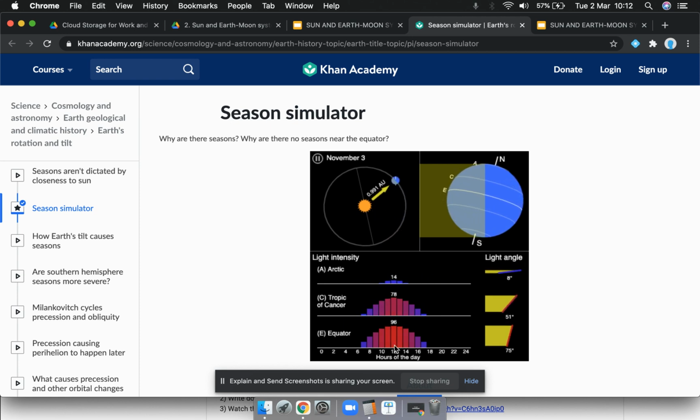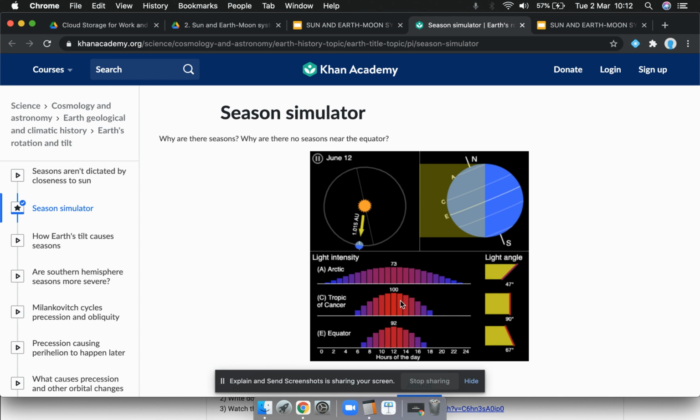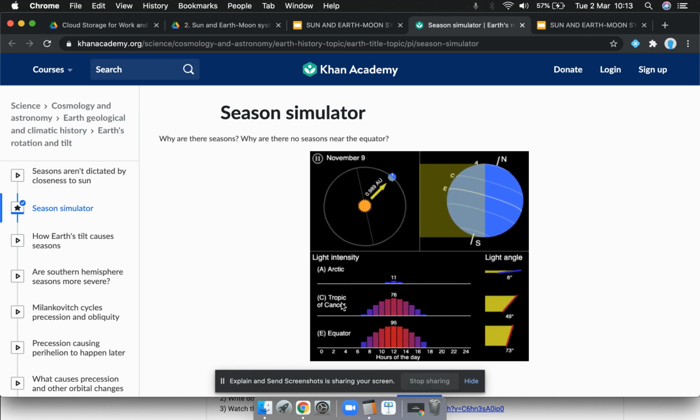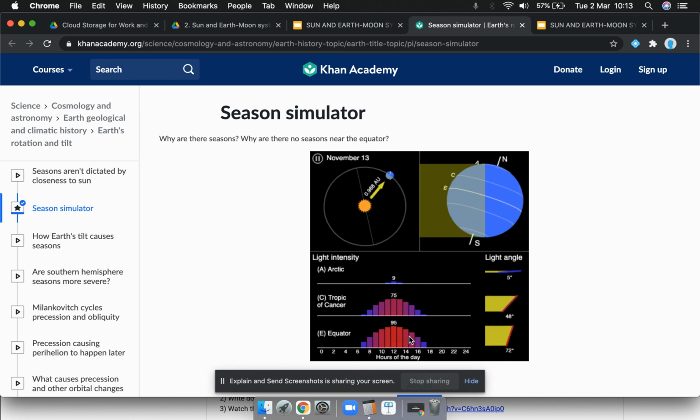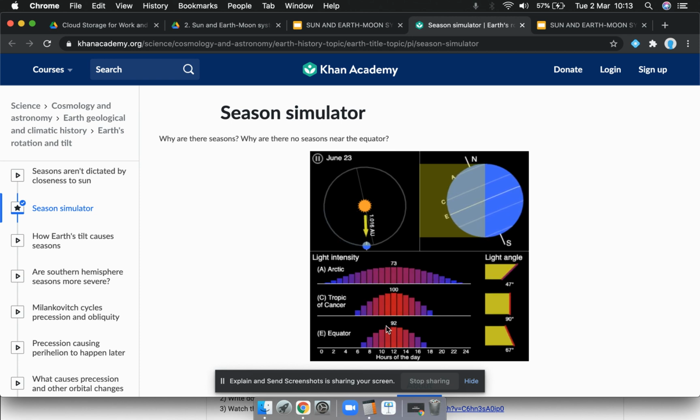One thing to note though is the equator. Look at the equator, how little it changes. I mean, it changes very little by comparison to the Tropic of Cancer and the Arctic. Okay, I'm not sure where the Tropic of Cancer is actually, by the way. You might want to research that for me. But you can see here that you can understand then why life has evolved really, I suppose, well at the equator, and why there's so many living things surviving in the equator, because the light intensity is basically the same all year round. Okay,